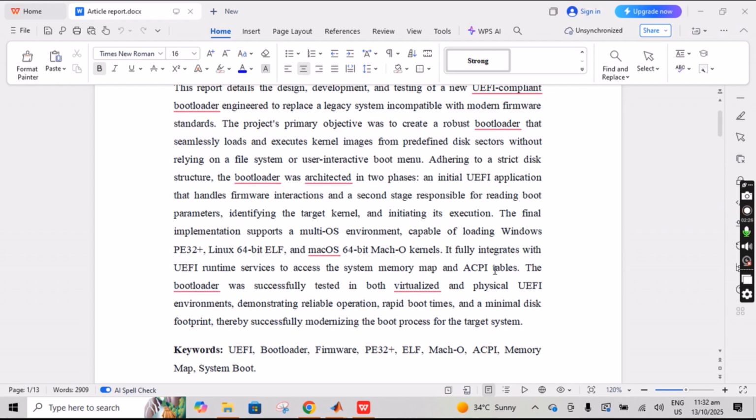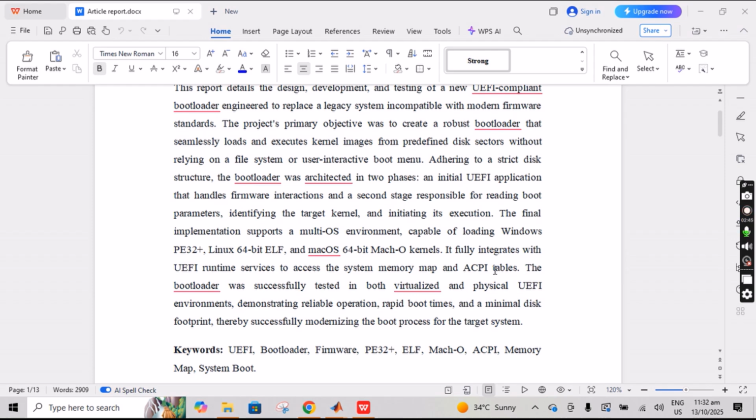This bootloader was successfully tested in both virtualized and physical UEFI environments, demonstrating reliable operation, rapid boot times, as well as